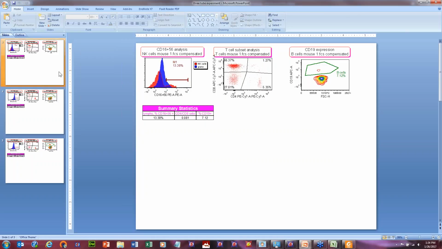But you see, this batch process is generated in exactly the same way. So I have 3 slides because I had 3 iterations, even though each iteration consisted of 3 different tubes: a B cell tube, a T cell tube, and an NK cell tube. So let us know if you have any questions. We're happy to help any of you convert your layout to a panel if you wish. I know a lot of you might be doing complex analysis, and I think the panel could really come in handy for you. And combined with batching, it's a very powerful tool